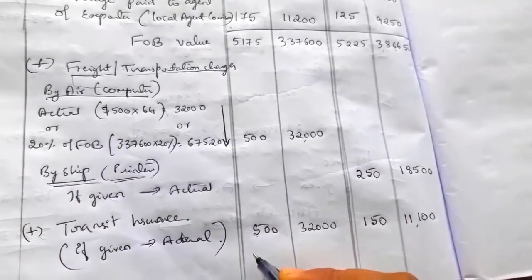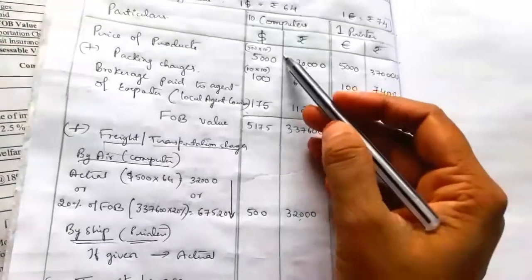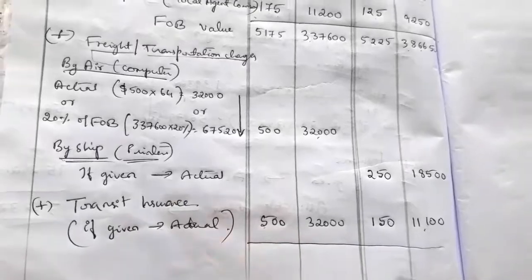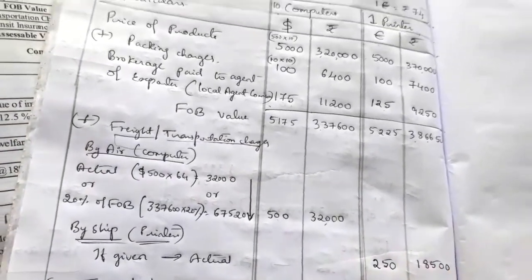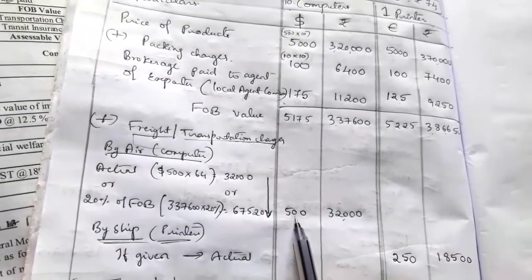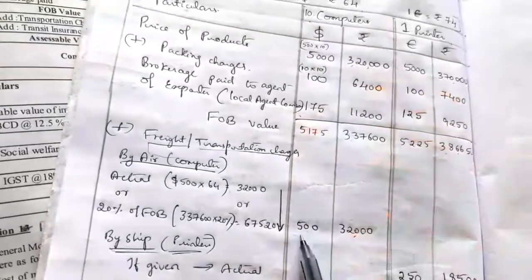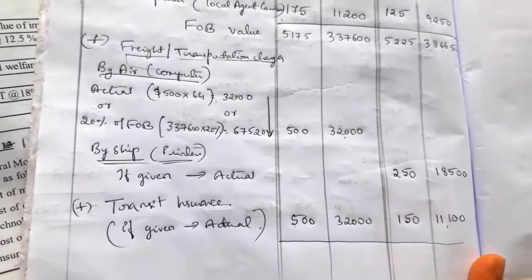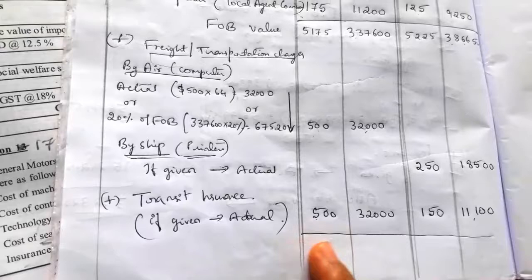Now we have to total the assessable value. Here in all the columns we have the dollar values, so we can total all four columns. If you don't have any amount in the dollar column, as in previous illustrations, we can take the total amount column divided by the exchange rate to get the value. Or if you don't want, we can leave this total also; no need of this total.